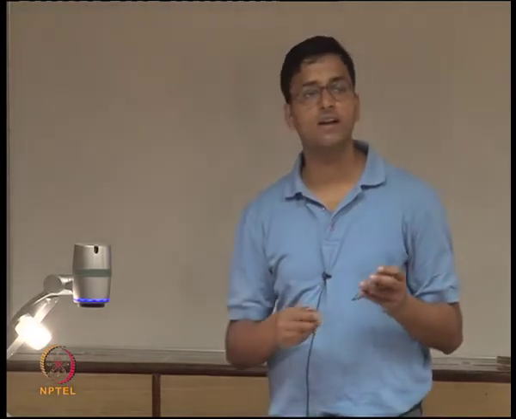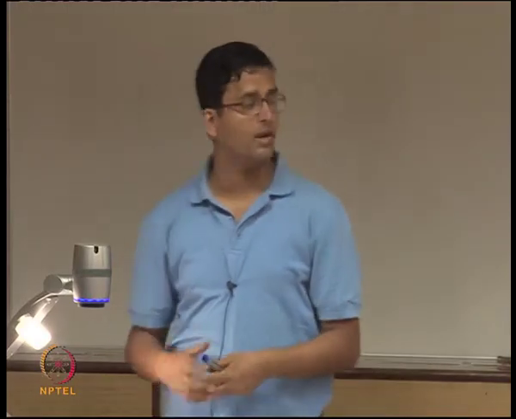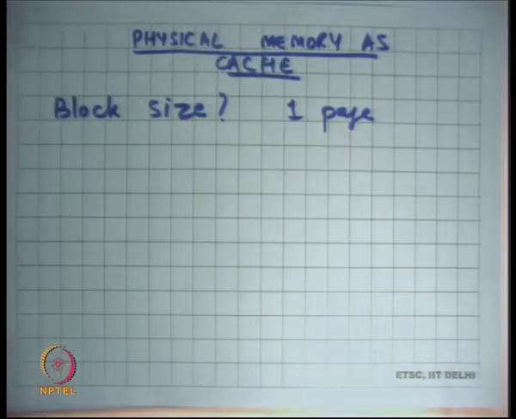So that's one thing. But more importantly, recall that our disk has a very long access time, right? And the access time is basically dominated by the seek and the rotational latency, right? So if you have paid that price, it's better to get a large chunk of data from the disk at once, rather than just getting 1 byte. And so there has to be some trade-off between these two constraining forces, and 1 page seems to be a reasonable value, and we'll discuss more about this later.